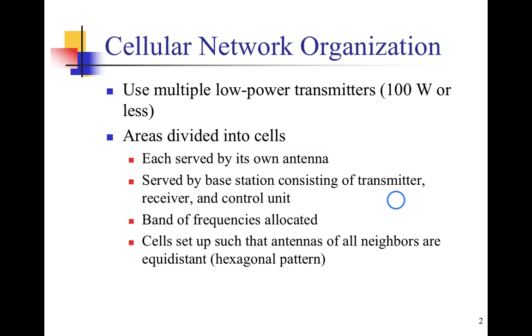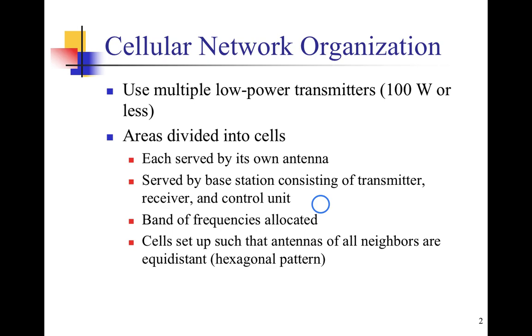The area is divided into cells, each served by its own antenna. So if you look at a small cell in a city, there is an antenna. That antenna will serve a particular cell and is served by a base station. Later on, we will cover what a base station is, consisting of transmitter, receiver, and control unit. We have discussed one. This is an antenna, and there is a